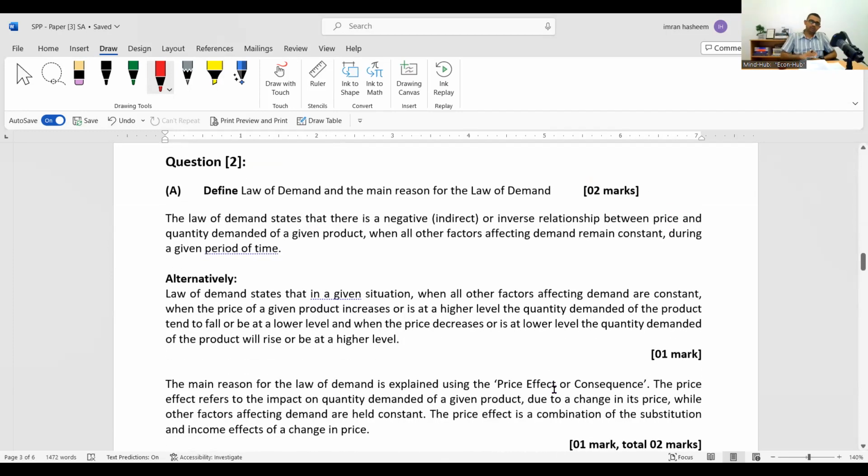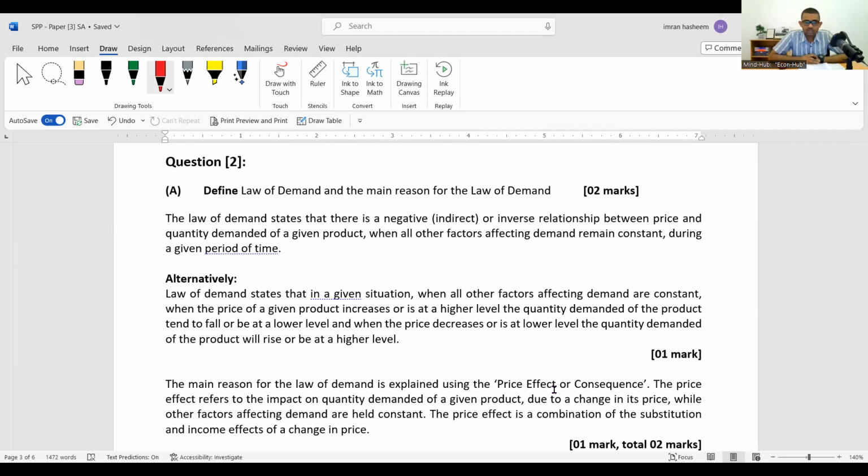Question 2, on the law of demand and law of supply. The laws are the focus of that question. I know I've given somewhat detailed definitions, but at this level, I want you to be able to write complete answers in this way. Of course, my marks allocation is very strict, very stingy. But in the exam, you might sometimes get more marks than what I've allocated, but I want you to write these comprehensive answers. Is that clear?